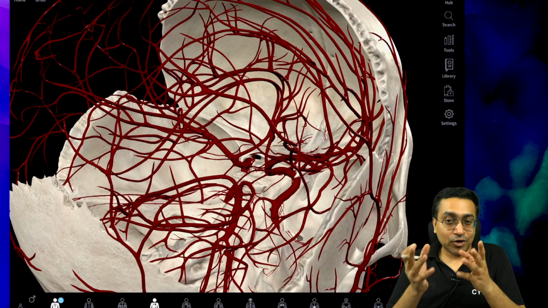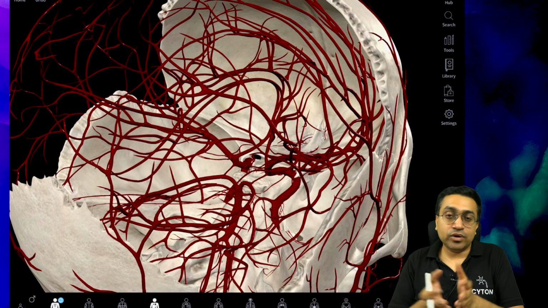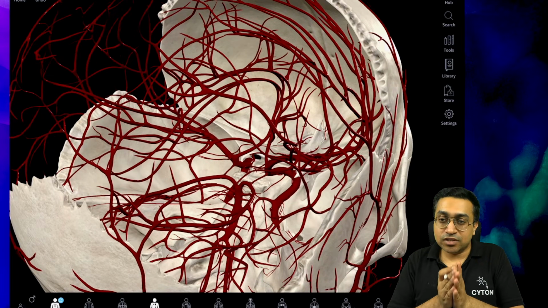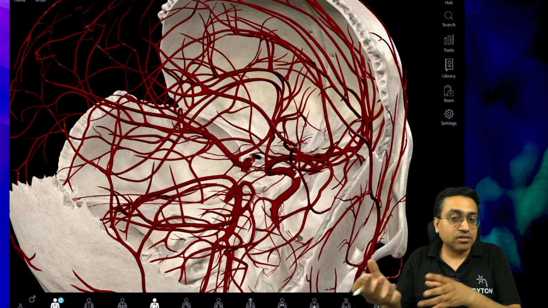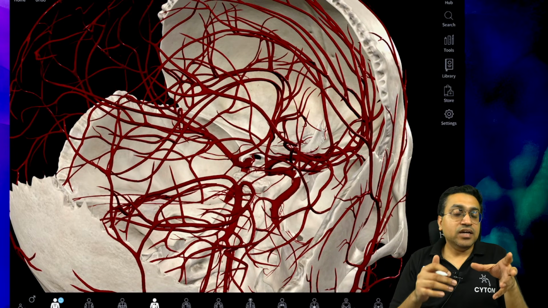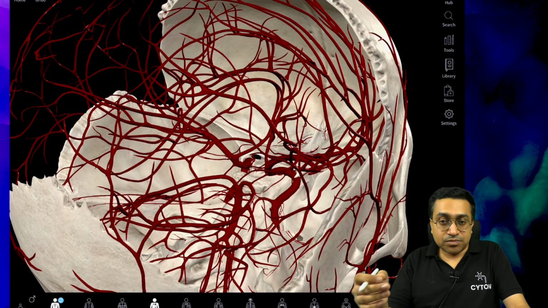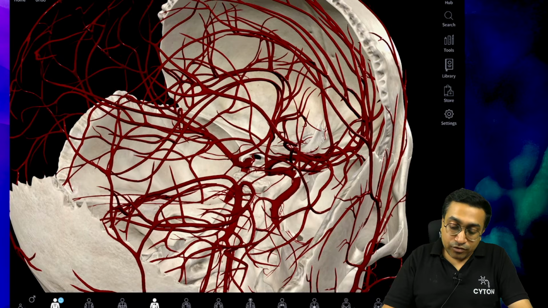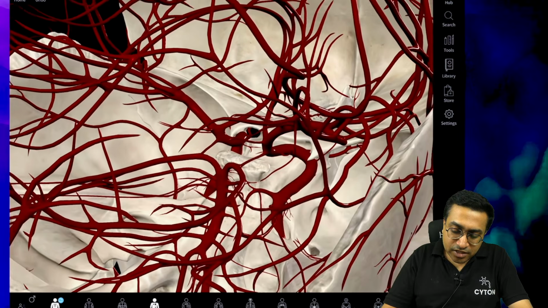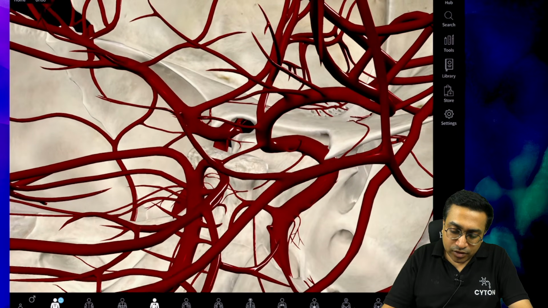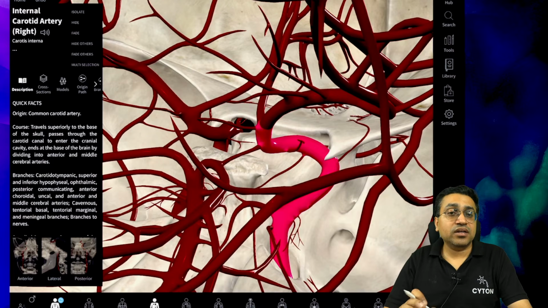The radiologists who are doing the MRI angiograms and all, they can rotate. Nowadays you have cutting edge technologies available, right? So we can rotate, pan, zoom inside the real scan data, and we can see if there is any blockage of the artery, any structure which has been damaged. If you see very carefully, you will read about everything in detail. But if I just have to highlight this artery, this should be the internal carotid artery.